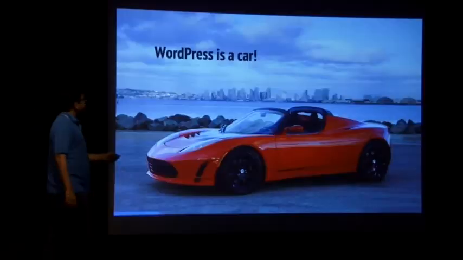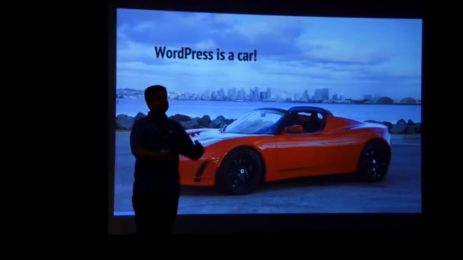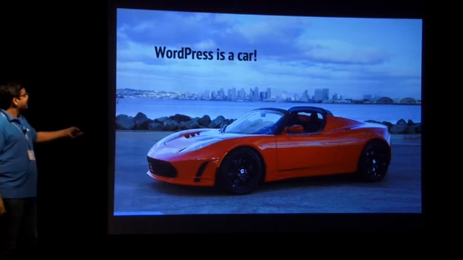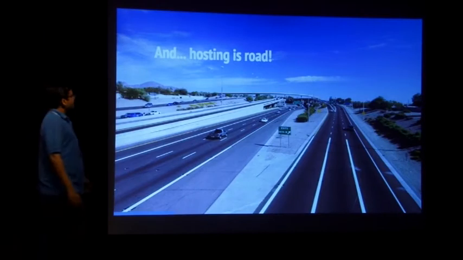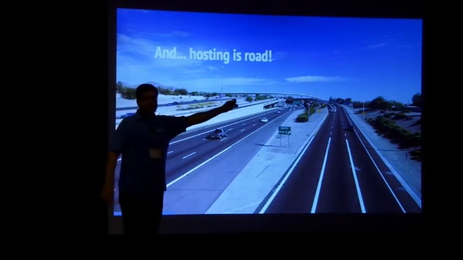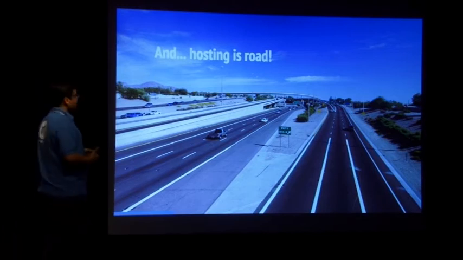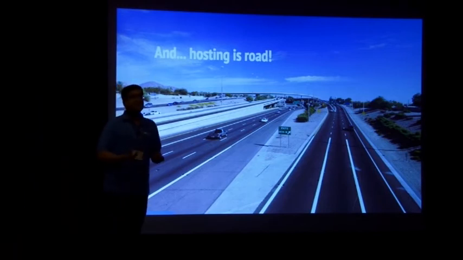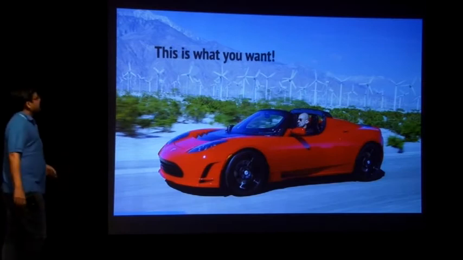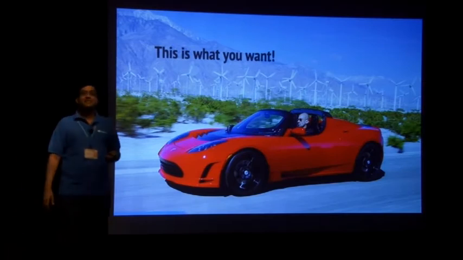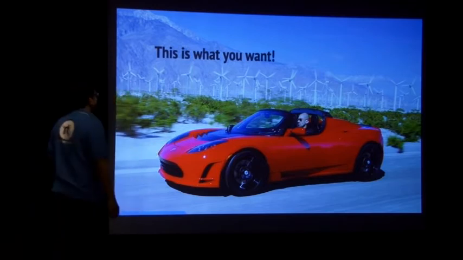Let's imagine WordPress is a car, the best car, a Tesla, and our hosting companies provide roads. Yes, you need a car, and a car needs a road. Same way WordPress needs hosting, or somewhere you will host it. Then this is what you want: nice weather, empty roads, full speed.